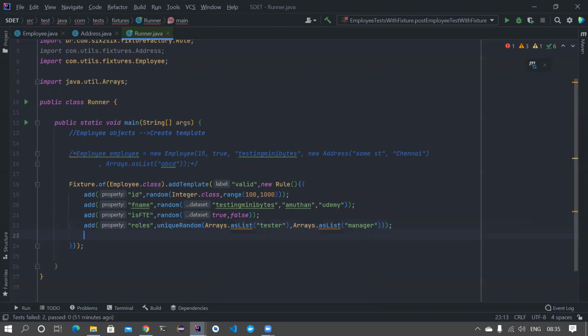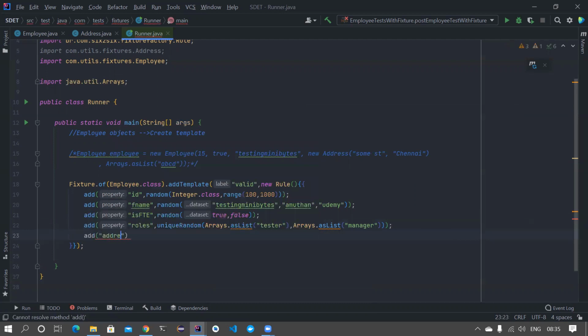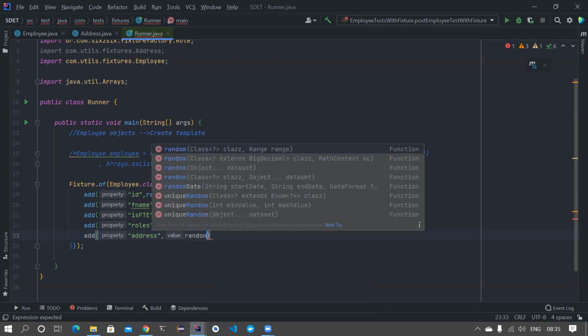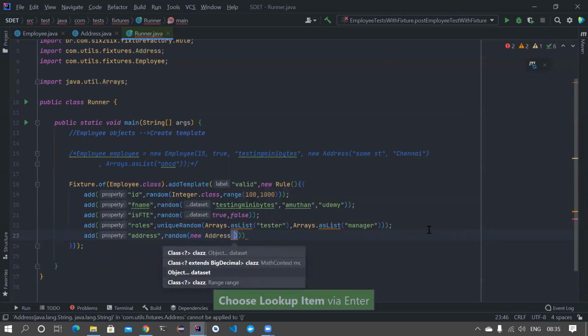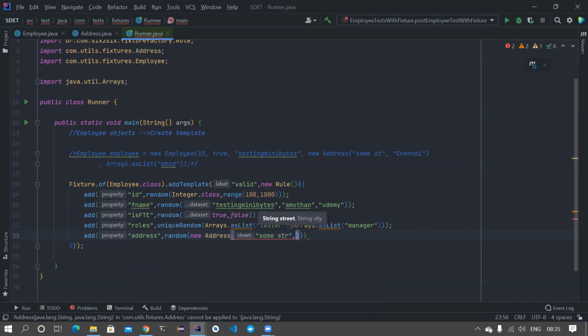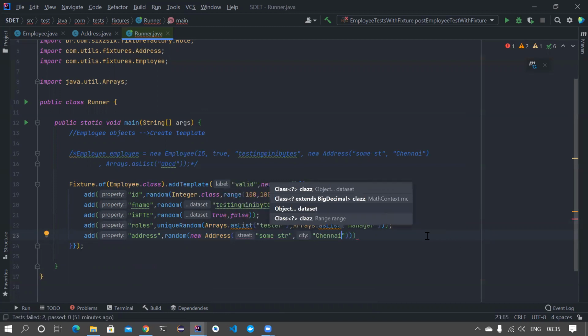And at the end of the day, I also want to create for the address field, right? So this is basically an address. It's of address type. So anything that's random, maybe I give only one here, address, and then I can give some street here, and then some city, right? So this is the template that we have created.